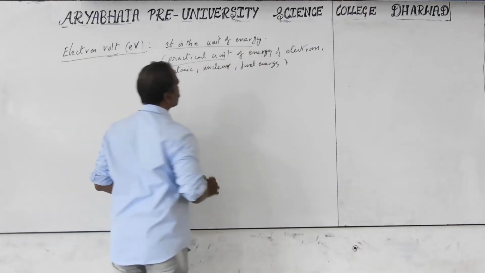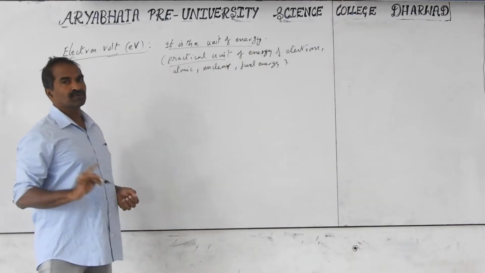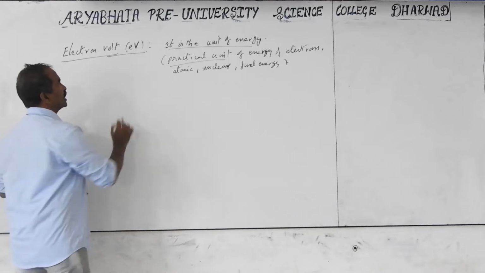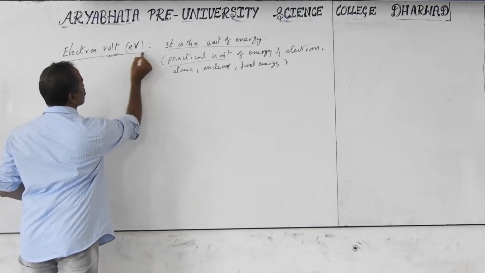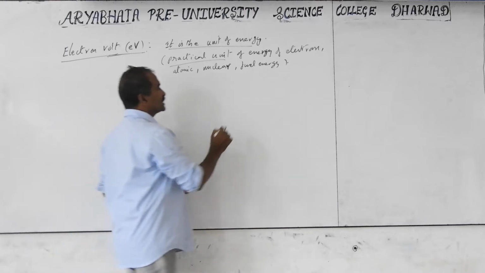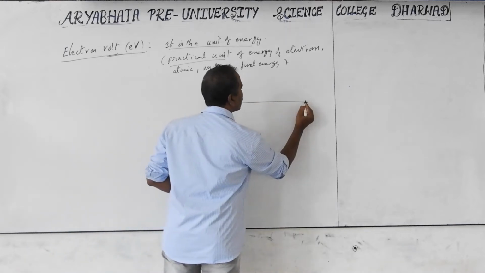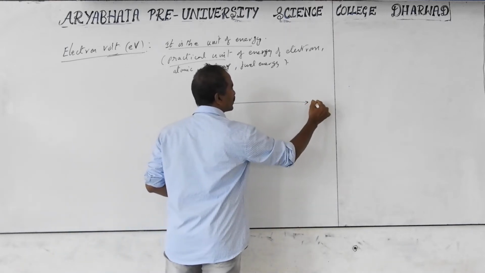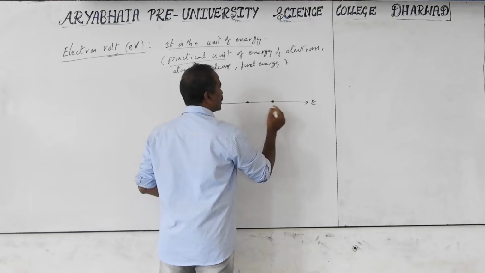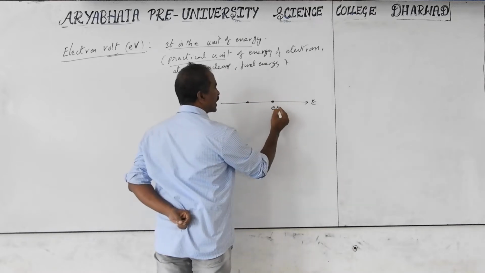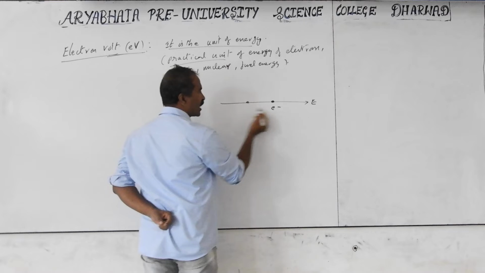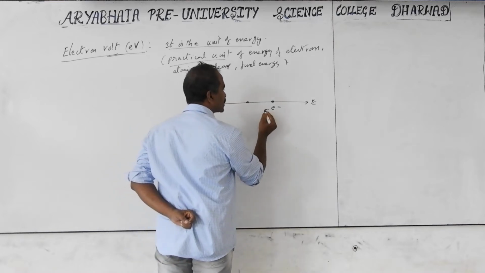It is just the one question. What is the unit of energy? The electron volt: the electron charge into 1 volt is equal to one electron volt. Actually, it is related to the energy gained by the electron when it is traveling in the electric field. This is the direction of the electric field. Electron, with its negative charge, will go opposite to the electric field, so it goes in this direction.